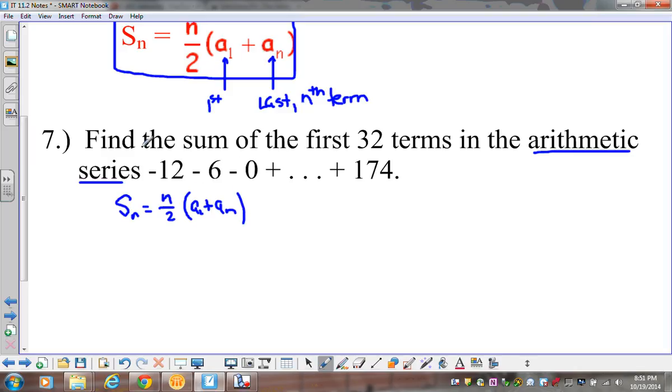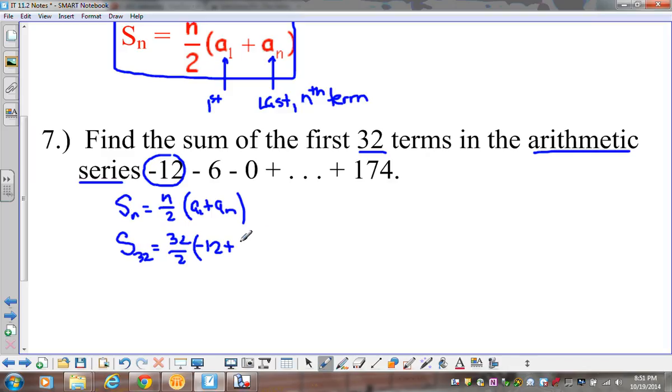Because I'm looking for the sum of the first 32 terms, that means my n value is 32. So the sum of my 32 terms equals 32 over 2 times my first term they give me, which is negative 12,